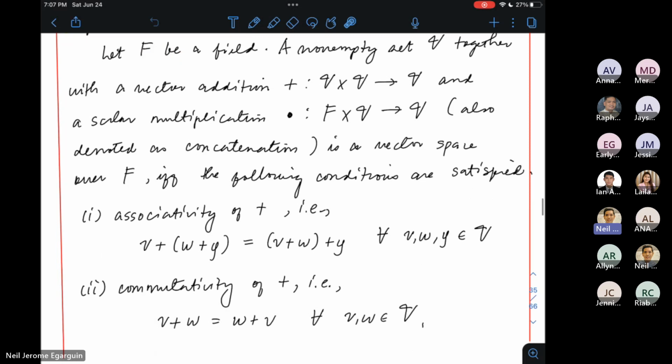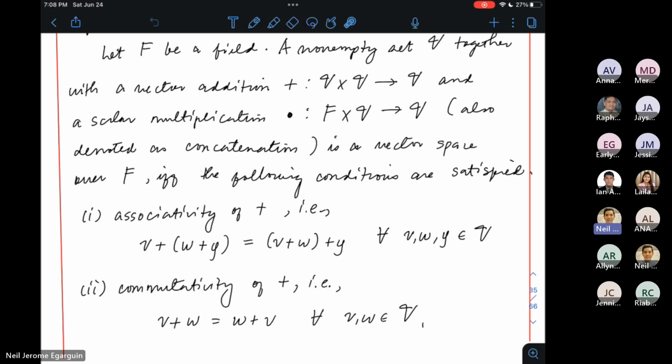First, we have what is called vector addition. In vector addition, you take two vectors, you take two elements of the set V. I shouldn't be using the term vectors yet because I haven't established what a vector space is. But again, we start with a field F, then we get another set V. All right, a non-empty set V. Now, on the non-empty set V, we will define a vector addition. You take two elements of V, and we add them to get another member of V.